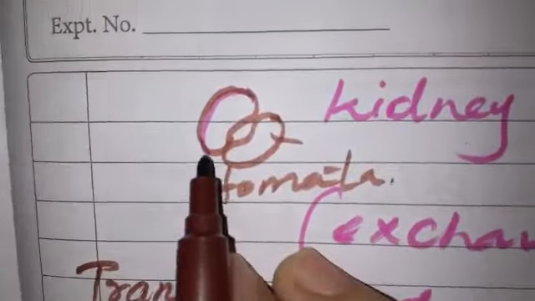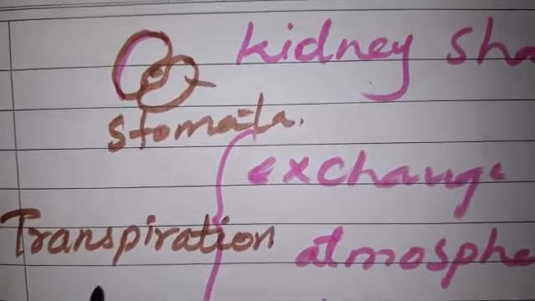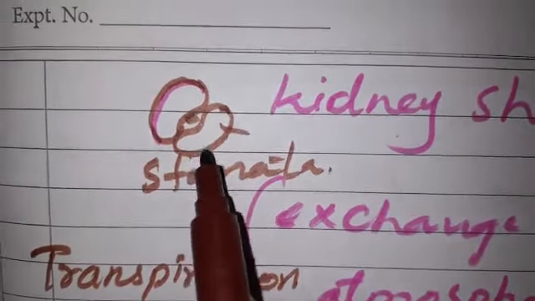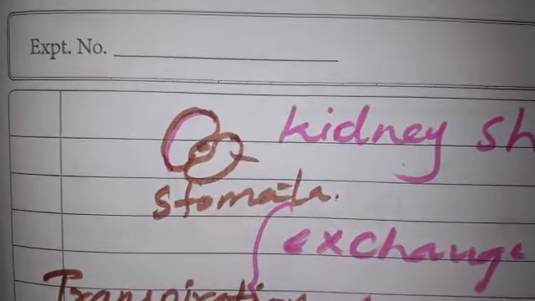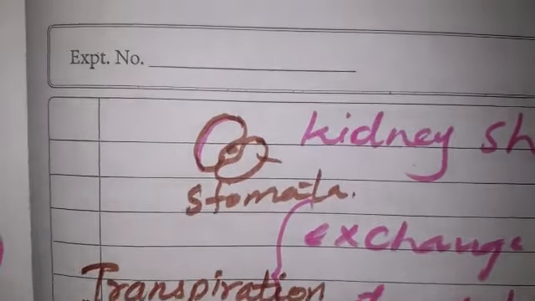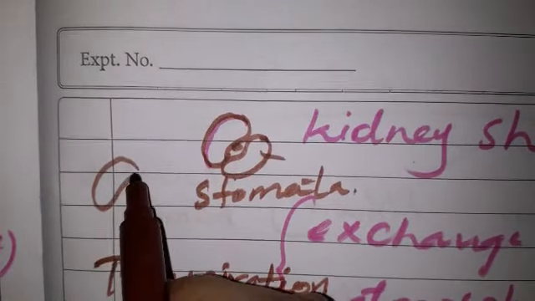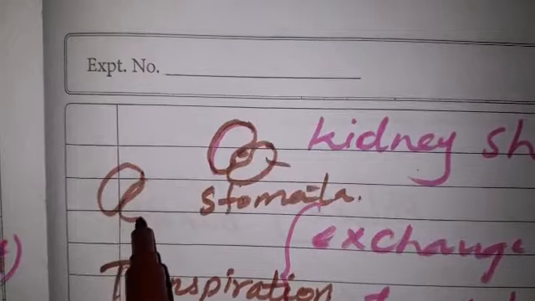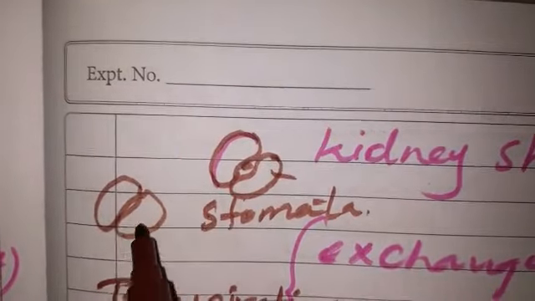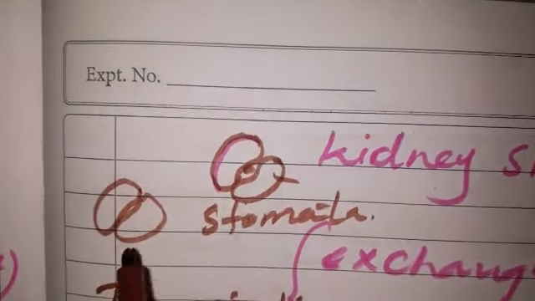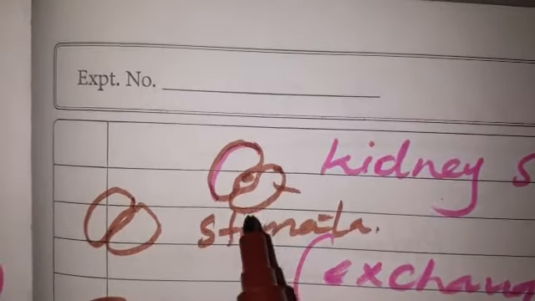When the stomata is open, it has a little bit of pore and it exchanges gases, and transpiration takes place. When the stomata is open, the guard cells are kidney shaped and become stiff. Sometimes when transpiration is not going on, the stomata close the pore, and at this time the kidney shaped cells will be flattened. When transpiration is not going on, this is a closed stomata, and this is an open stomata.